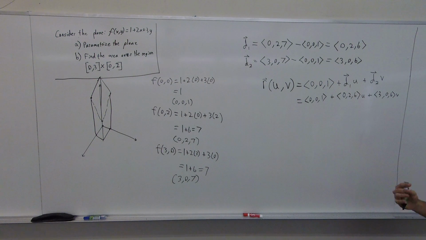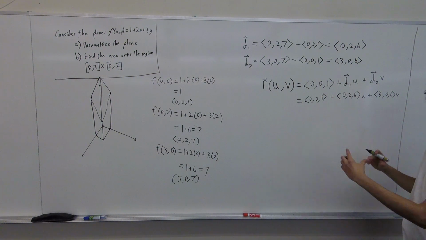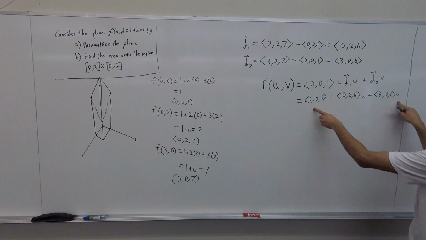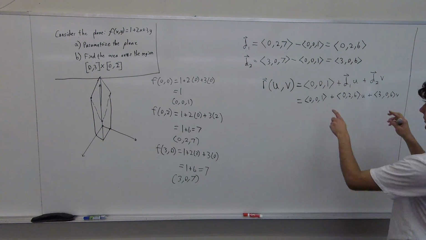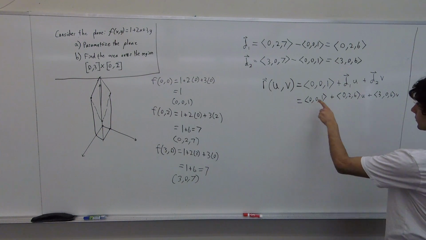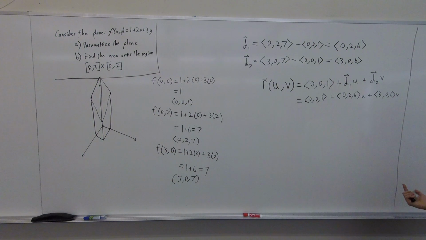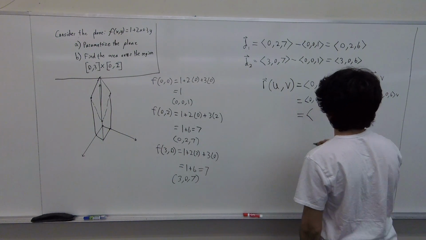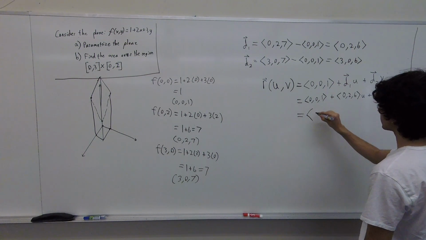But a lot of times when we parameterize curves, we're going to want it in the form of x of u comma v, y of u comma v, and z of u comma v. And to go from this to that is really easy because in each of these terms we have an x component, a y component, and a z component. So if we write that out as a single vector, by adding all the components of these, we will get